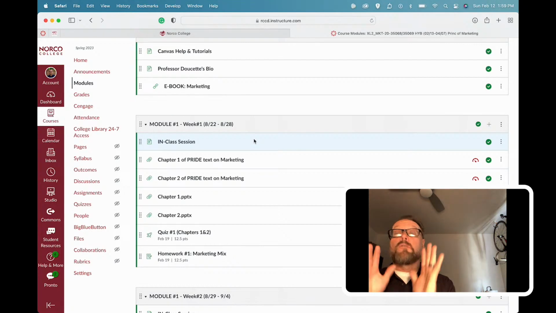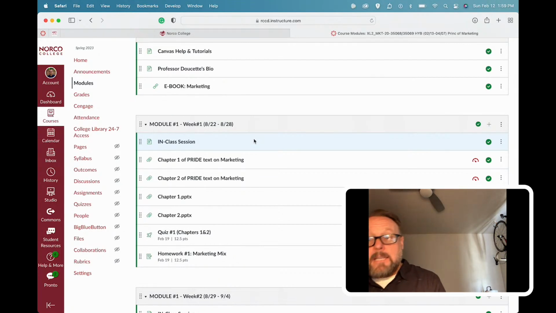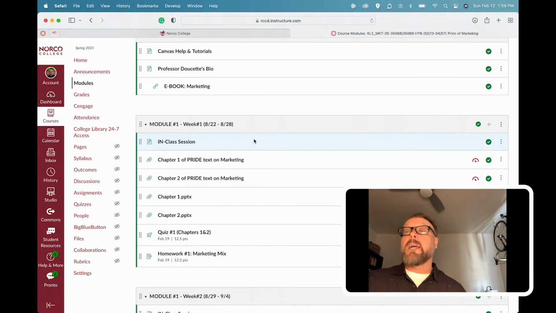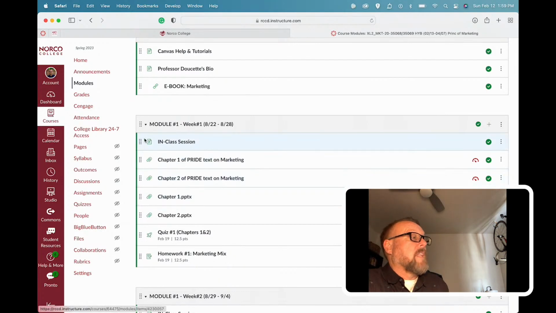If you're an in-person student, you do not need to do that. However, if you miss a day and you want to get attendance for that day, then you can complete the check-in assignment like an online student would, and that would give you attendance credit for that day, or what we call participation credit. So that's going to be in there. So look for that at the very top of each module will be your check-in assignment.